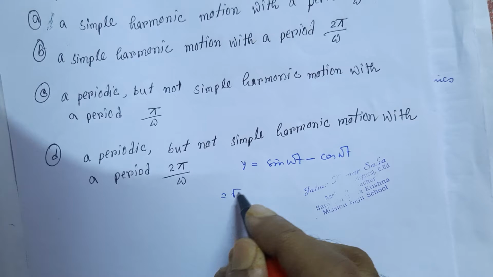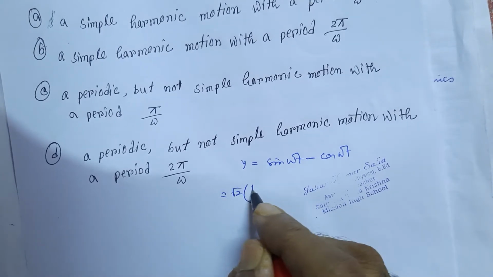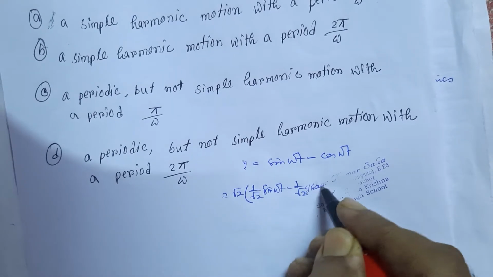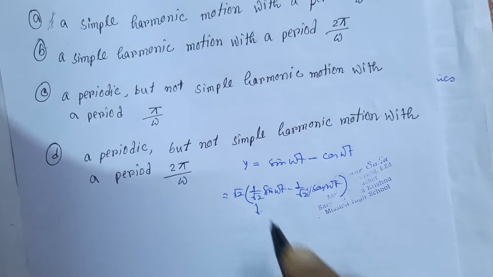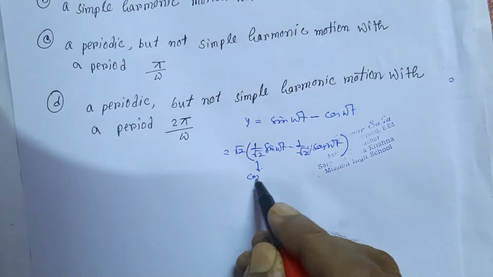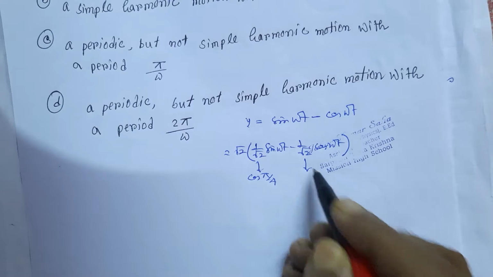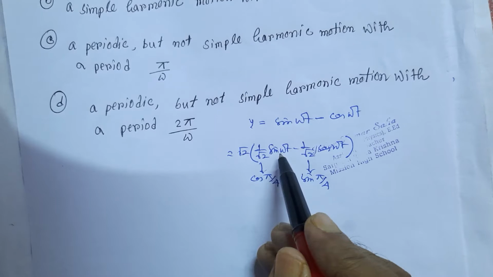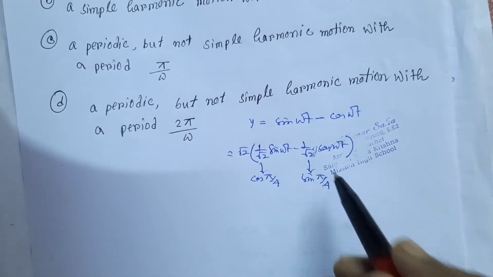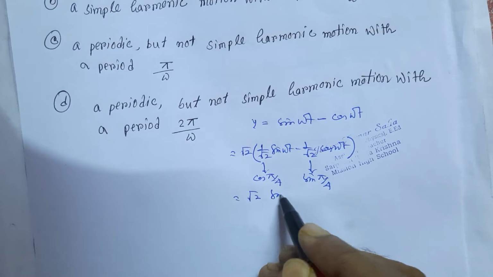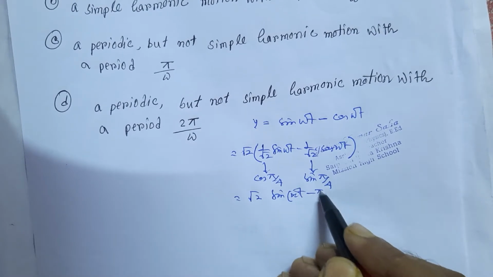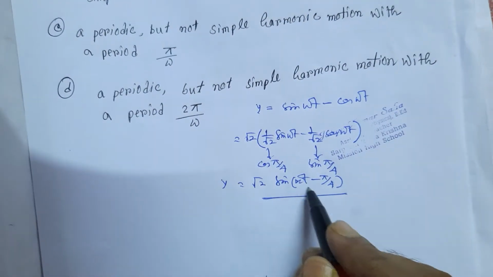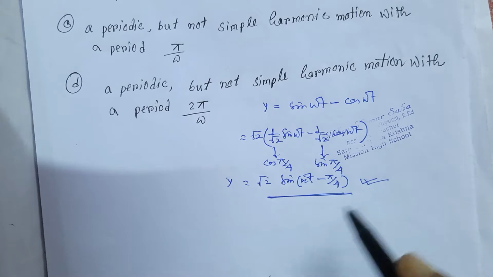Multiplying and dividing by root 2, we get root 2 into (1 by root 2 sin omega t minus 1 by root 2 cos omega t). We may put 1 by root 2 equals cos pi by 4 for the first term and 1 by root 2 equals sin pi by 4 for the second. Then the bracketed quantity becomes sin omega t cos pi by 4 minus cos omega t sin pi by 4, that is sin (omega t minus pi by 4). And this function, y equals root 2 sin (omega t minus pi by 4), we have seen in